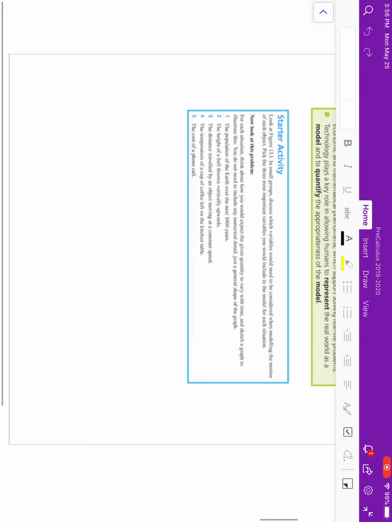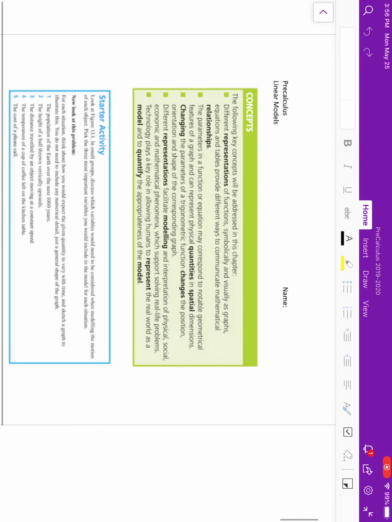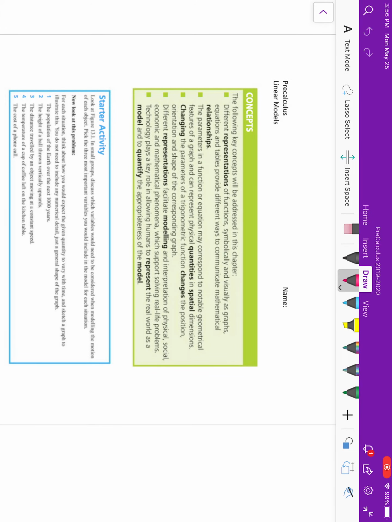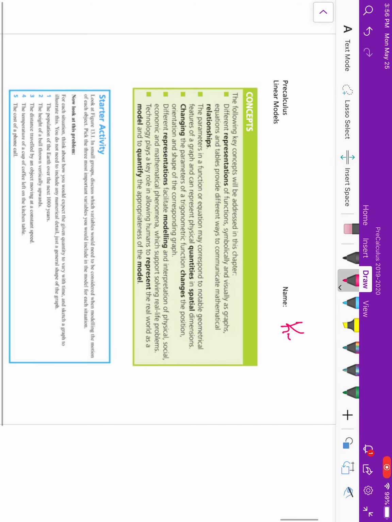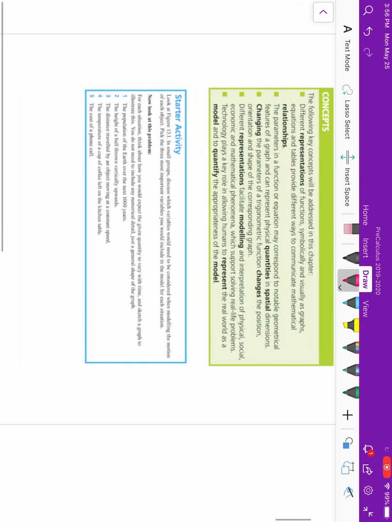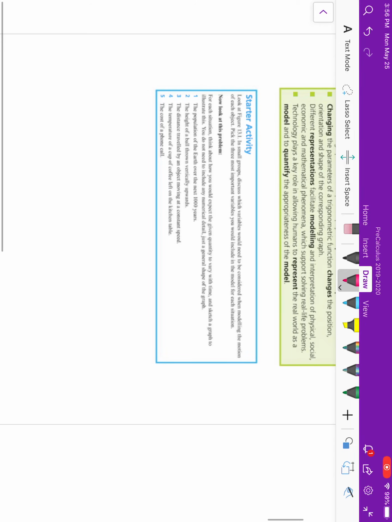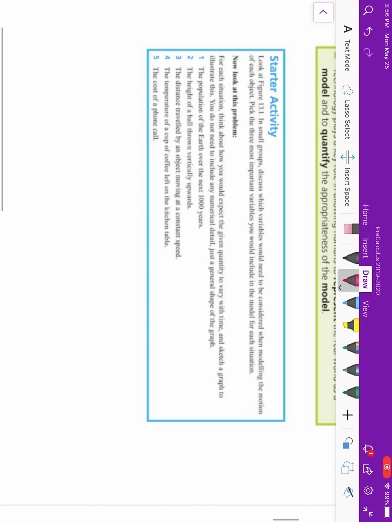Hey guys, today's lesson we are going to look at linear models. And basically these next couple of lessons should be review. There is a little starter activity that just talks about different types of graphs. I don't know what figure 13.1 is, but if we look at this problem, for each situation, think about how